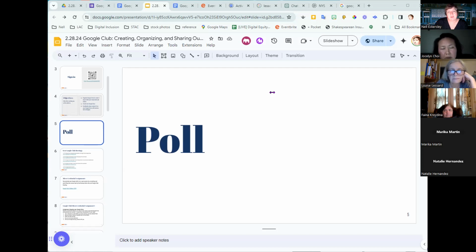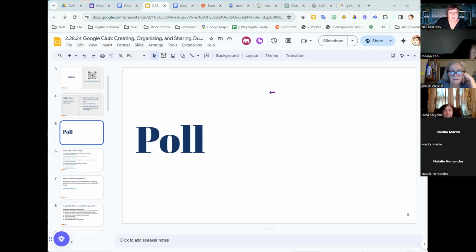And then each question is sort of another piece of the same thing. The next question is, how comfortable are you with creating and managing folders in Google Drive? So the first question was about files. The second one is about folders. So we're talking about moving a folder, renaming it, removing it, uploading it from a hard drive.